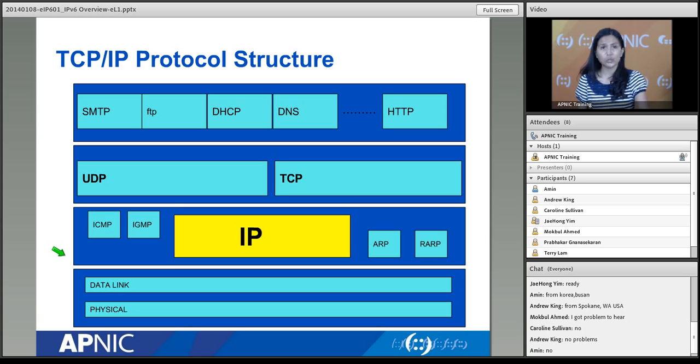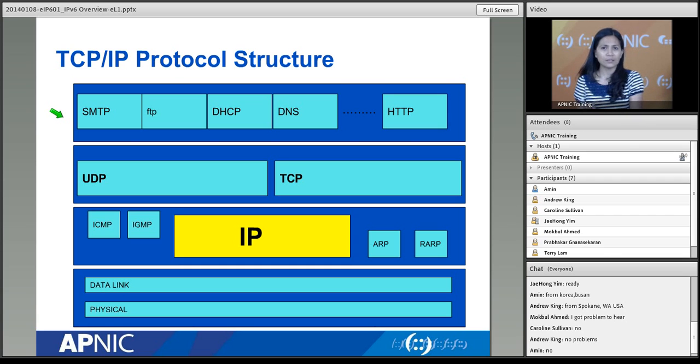So this is the TCP/IP protocol suite. I just want to show you where we're working on. Most of the changes that will happen when you move from v4 to v6 are of course confined in this layer. This is the layer that contains your IP. However, there are of course some changes that will happen in other layers too. Just look at the application layer on top there. In the application layer, you have things like DHCP, DNS, SMTP. Most of these may need some minor tweaks, minor changes, so they do understand IPv6.